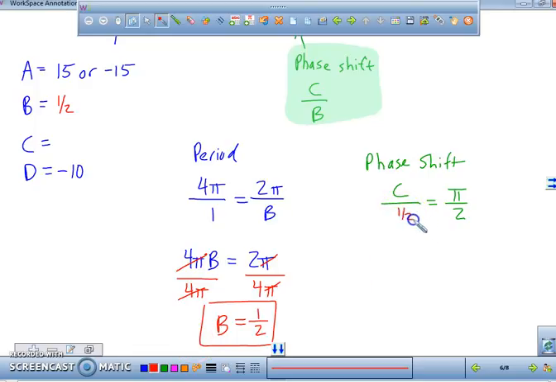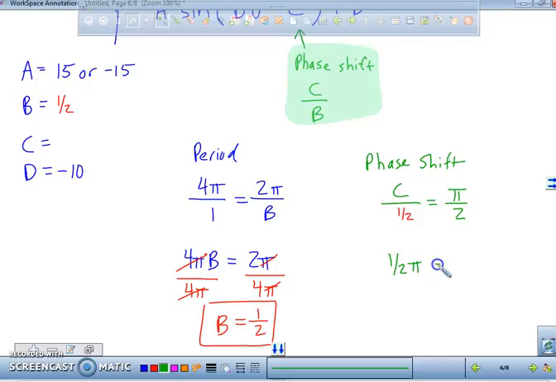A half. So I'm going to put a half right there. When I cross multiply, what is a half times a pi? That's a half a pi. And that equals 2 times c. You're going to multiply both sides by a half. And you get c is equal to 1/4 of pi, which is pi over